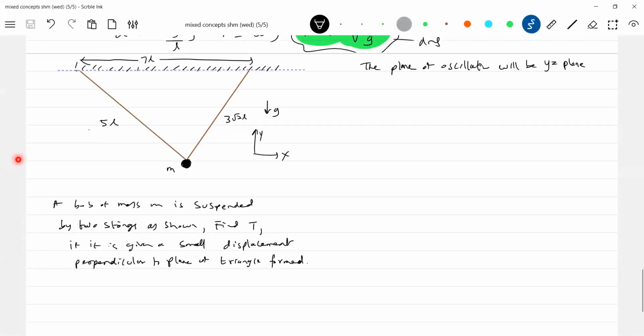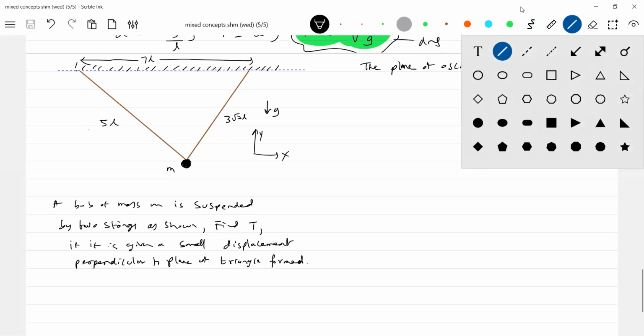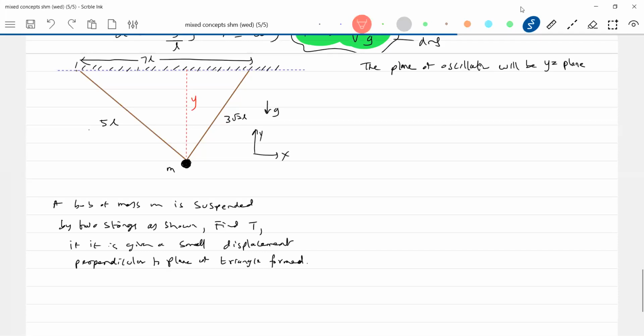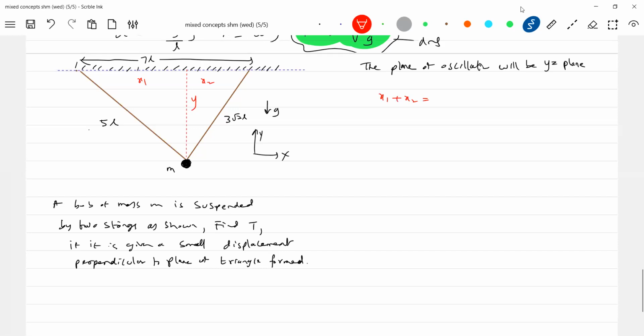Okay, what is the basic idea? We have to search for the effective length. That's all. This effective length has to be determined. How to find that effective length? Call this x1 and this x2. We know x1 plus x2 is 7L, and in the right angle triangle, (3√2 L) whole square plus x2 square equals y square. Similarly,